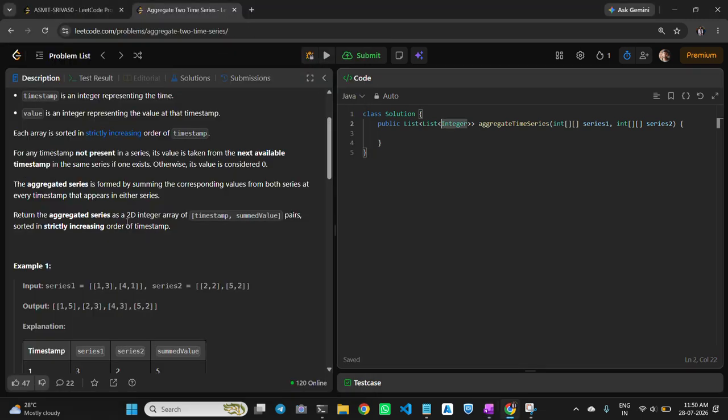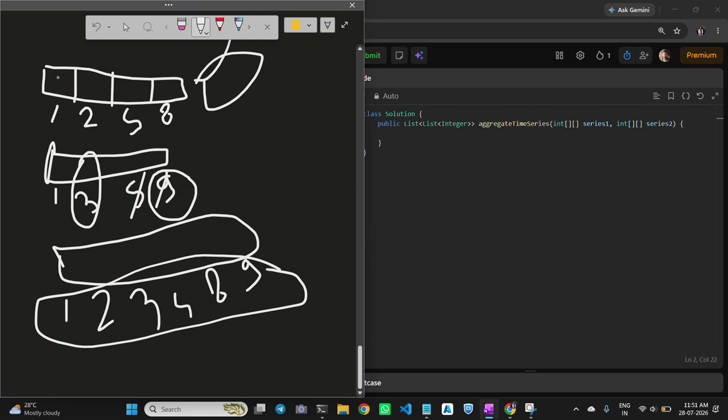So let's move to the problem statement. The aggregated series is found by summing the corresponding values. If there are values a and b at an index in the corresponding series, you will have a plus b. If there is only one value, like only c, then you place just c.